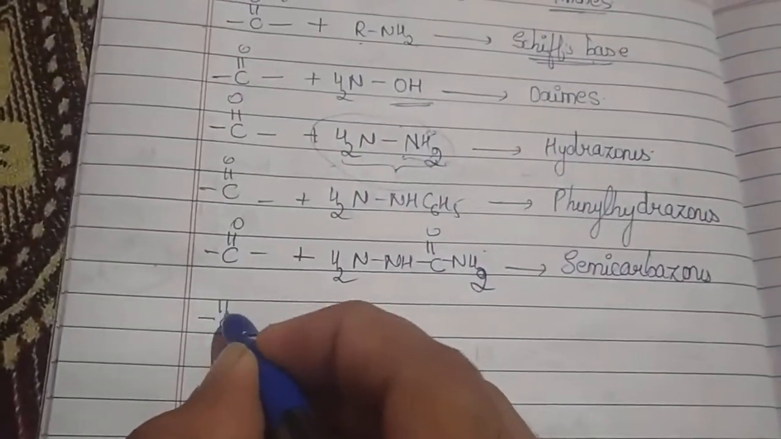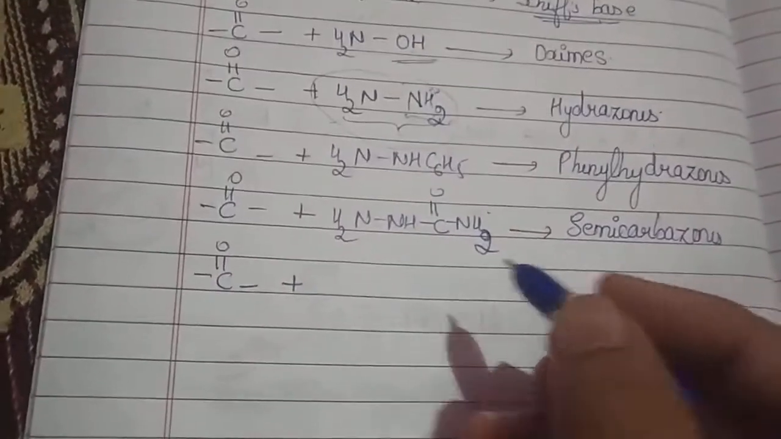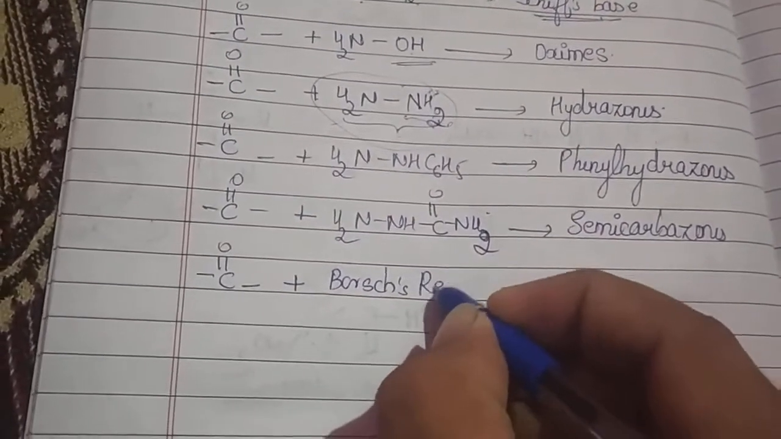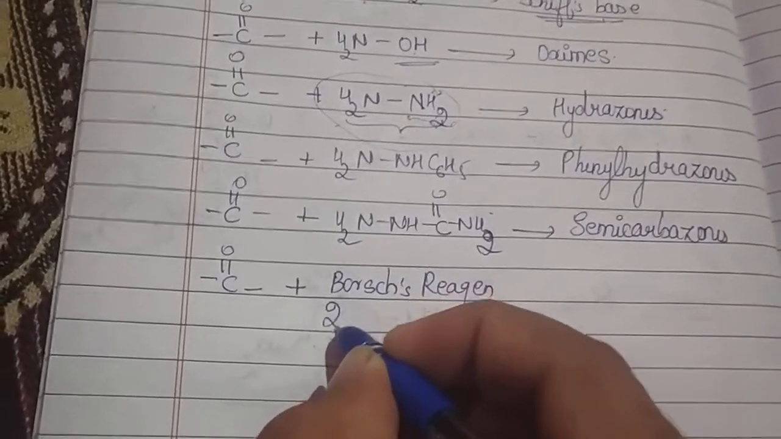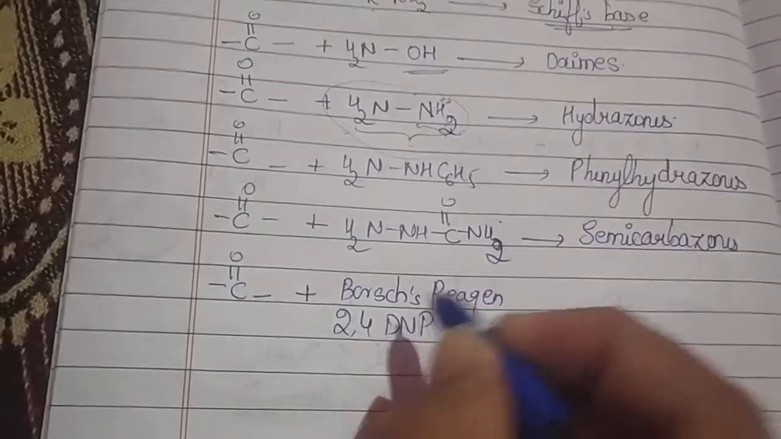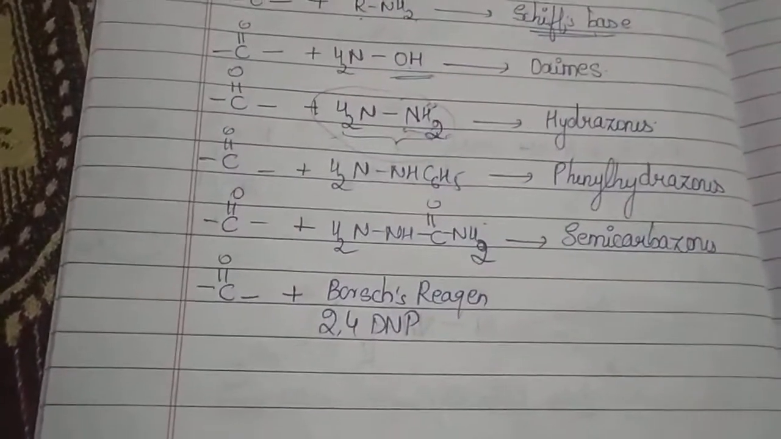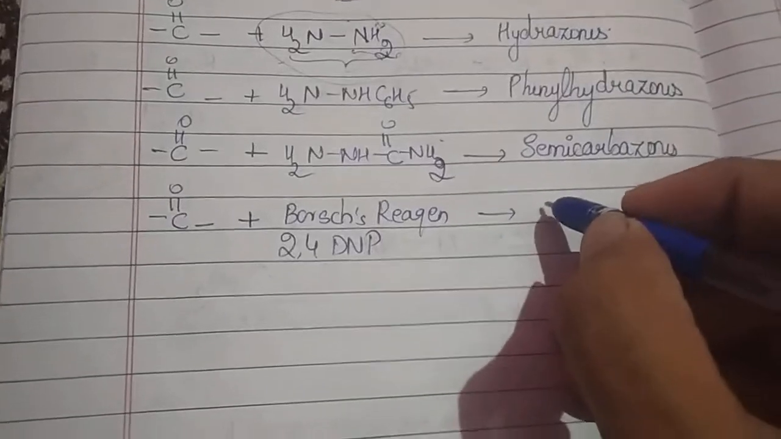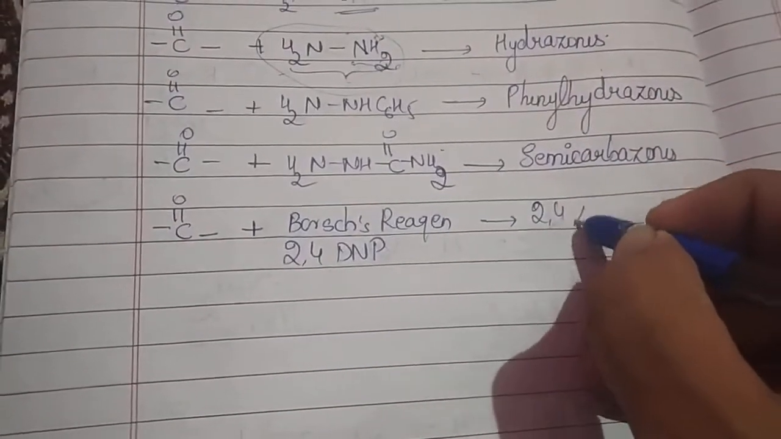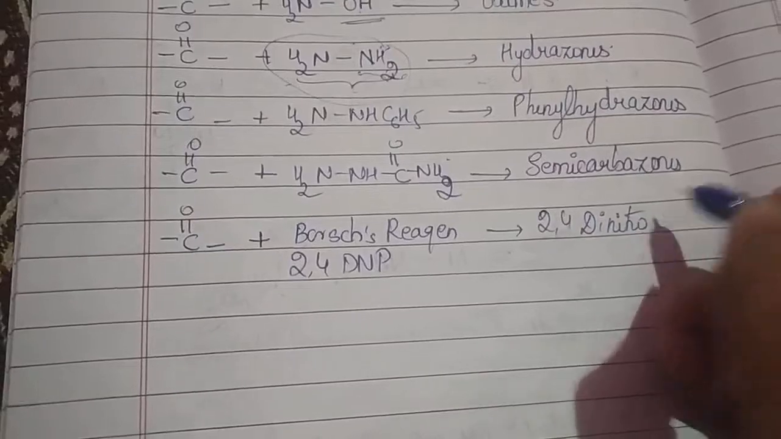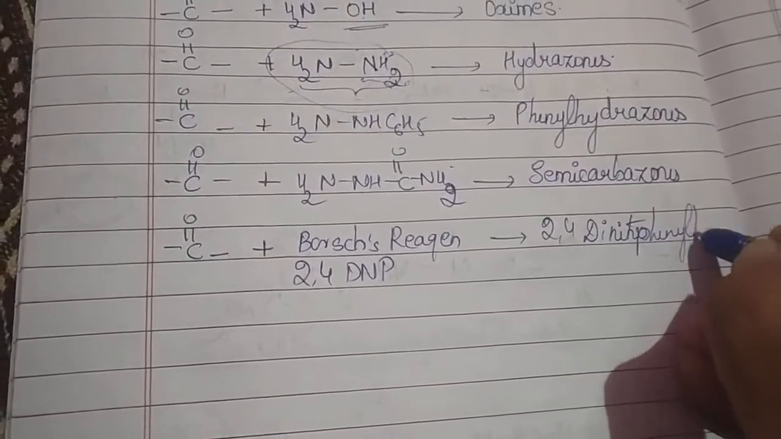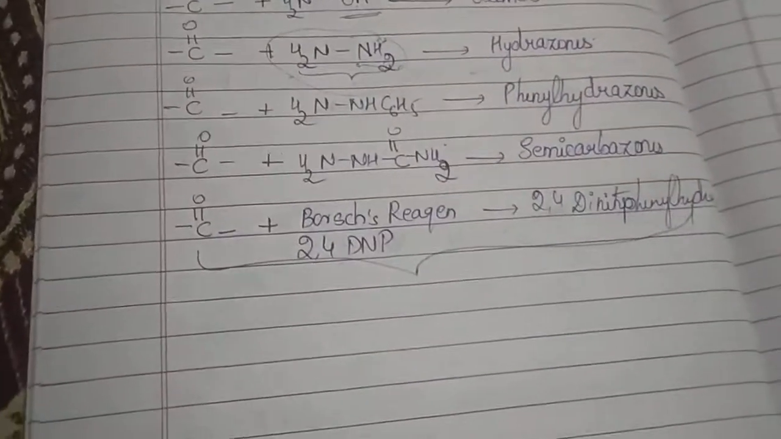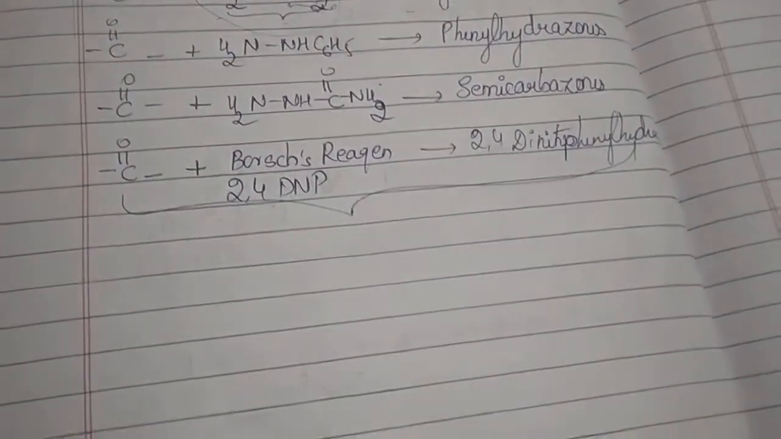Similarly, when you treat your carbonyl compound with Brady's reagent, so what is this Brady's reagent? Remember, don't get confused. It is 2,4-dinitrophenyl hydrazine. It is not hydrazone, it is hydrazine. It's called Brady's reagent. So whatever you're going to get is called 2,4-dinitrophenyl hydrazones. This can be a test for identification of your carbonyl compounds,